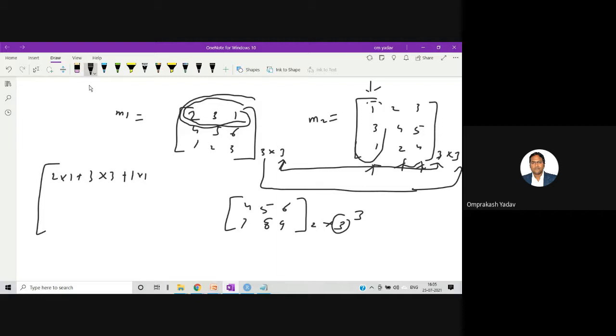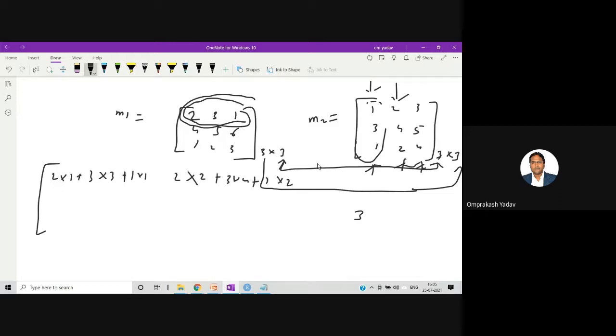Then the second element will be the same first row, and now I will select the second column. So this will be 2 multiplied by 2 plus 3 multiplied by 4 plus 1 multiplied by 2.